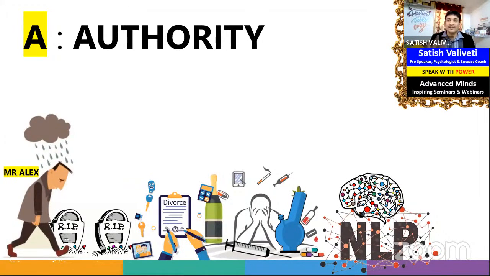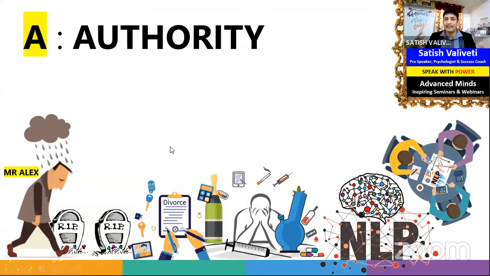And Mr. Alex couldn't take it. He understood when he learned NLP that most people die mentally first and then die physically. He doesn't want it to happen to anyone. He knows the pain of losing his mother. So what he did, my friends, after coming back on track, he formed a small team. He formed a small team and built some great strategies on NLP to help people, especially people suffering from cancer, because he doesn't want anybody else to lose a life like his mother.